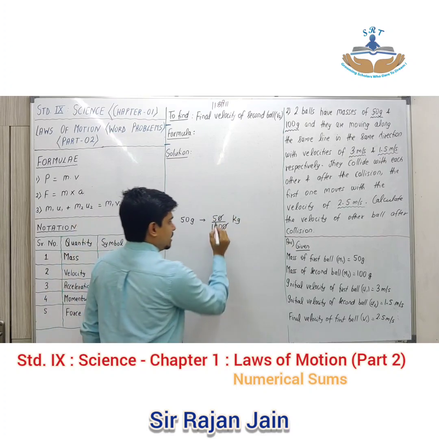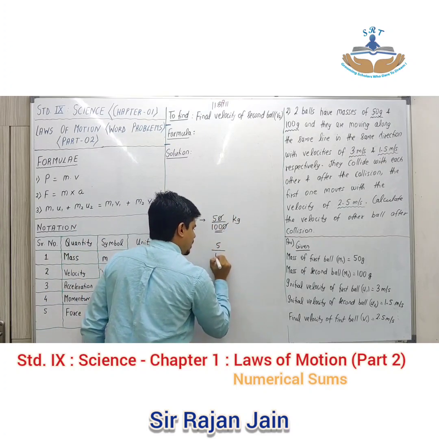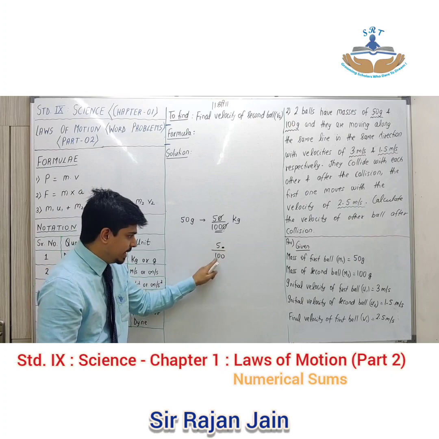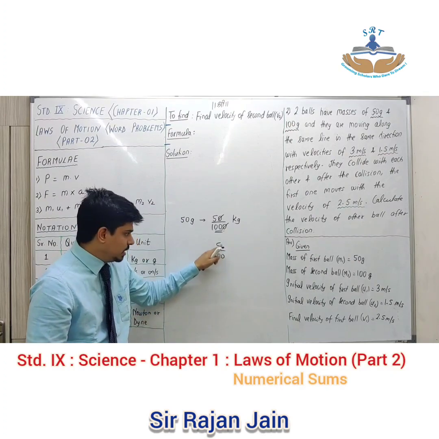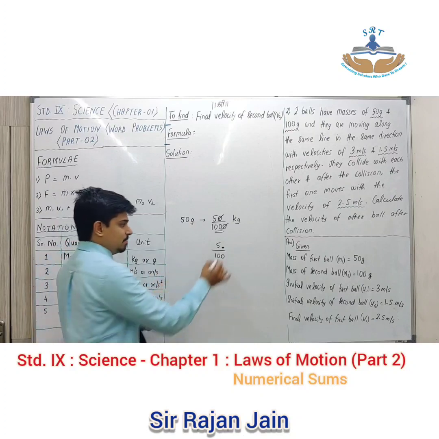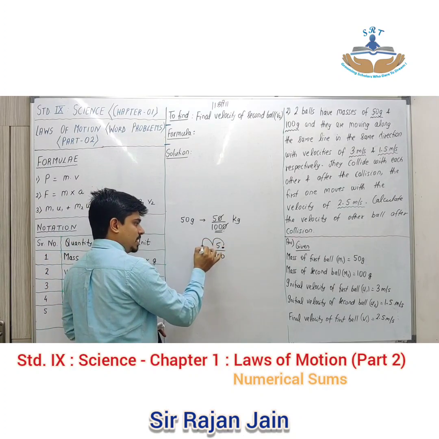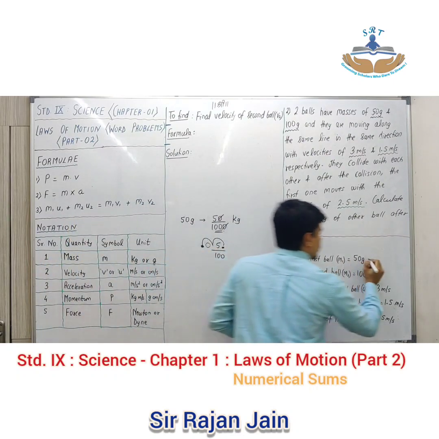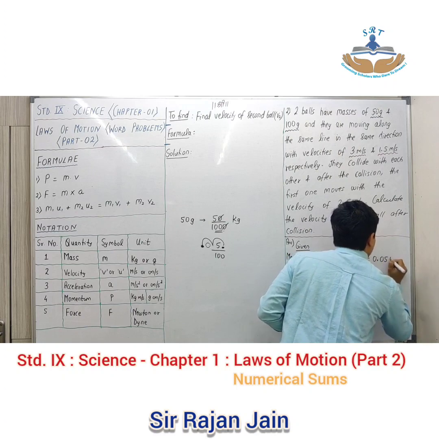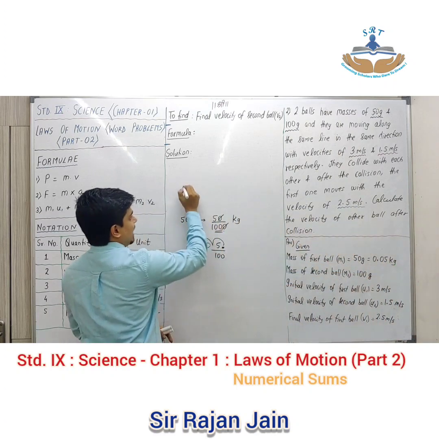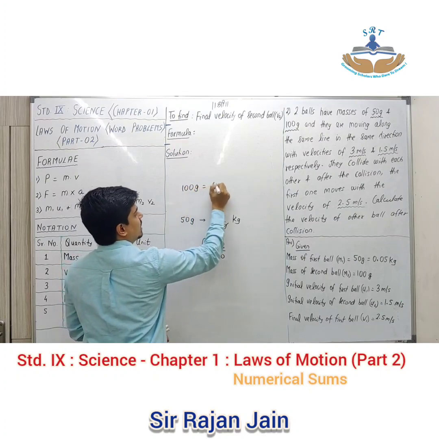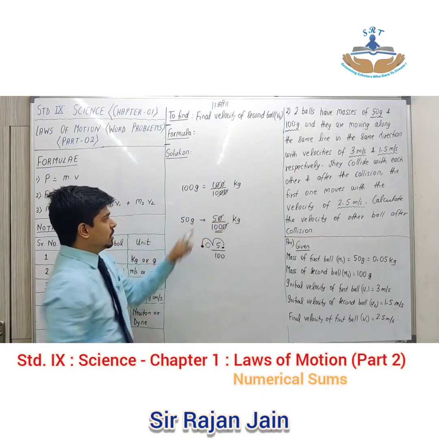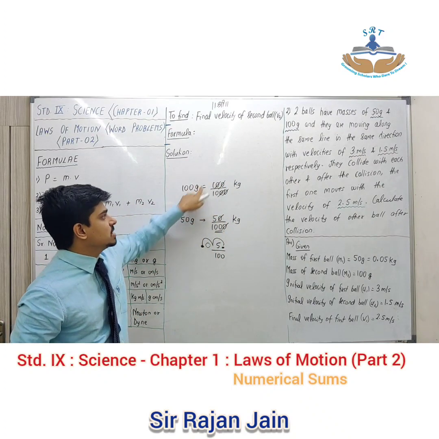Okay, so now I have 5 upon 100. Since there is no decimal, I assume the decimal point to be over here towards the end. Because it is divided by 2 zeros over here, I need to shift the decimal places twice. So one place came, second place came, the decimal will come over here. There is a blank over here, 0 will come in the blank. Okay, so this becomes 0.05 kg. Then I have 100 grams. 100 grams will be 100 upon 1000 kg. Now in the denominator there is 1 zero, so the decimal will shift back one place.